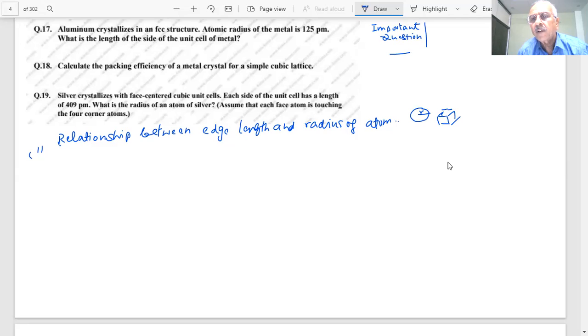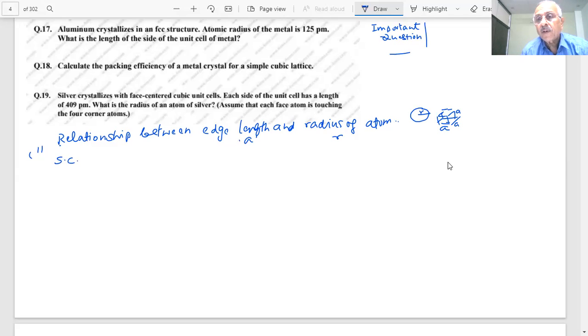and this is a unit cell. If I consider it a cube, this is a, this is a, this is a, this is the unit cell, students. This is the edge length, a. Edge length is a, and r is the radius. Can you tell me, for simple cubic unit cell, what is the relationship between a and r? Sir, for simple cubic, it is a equals 2r.